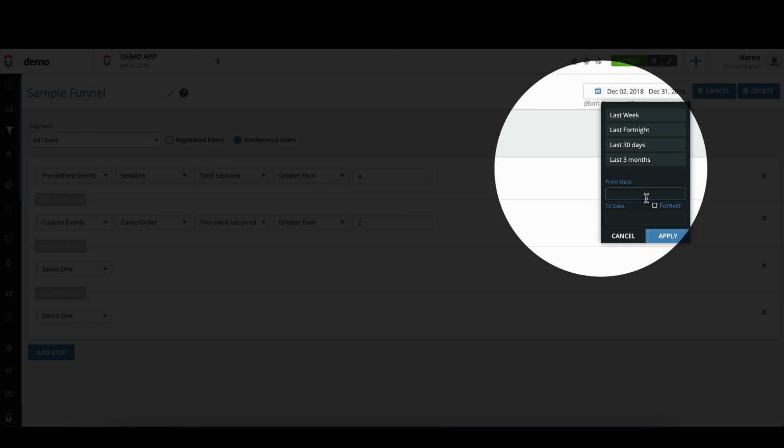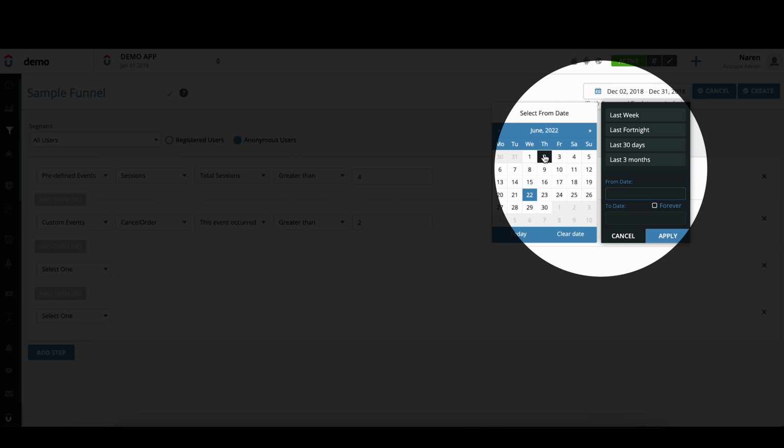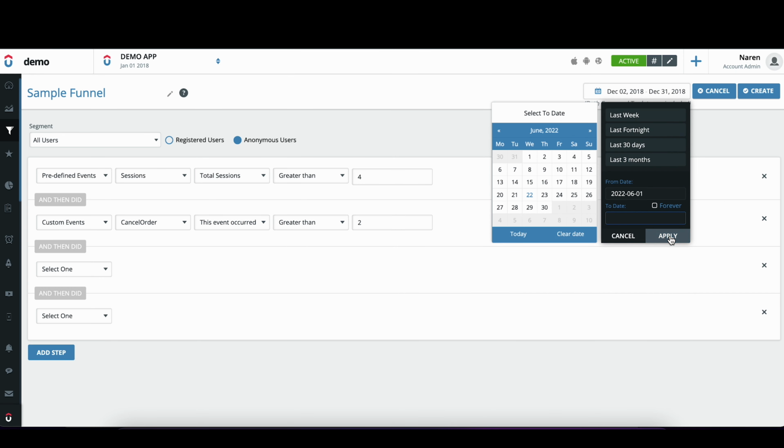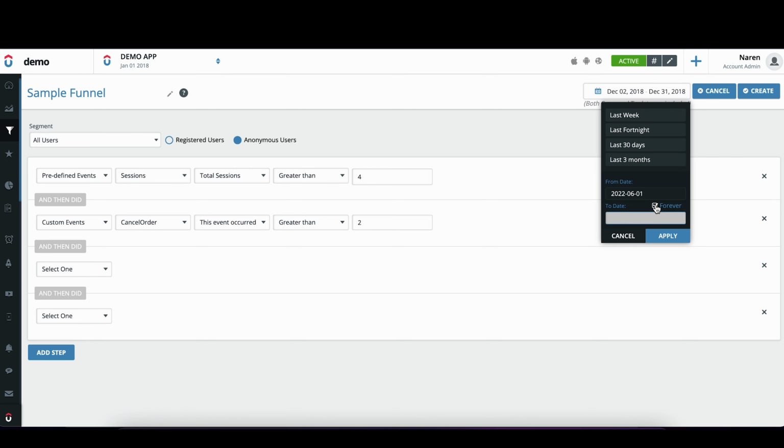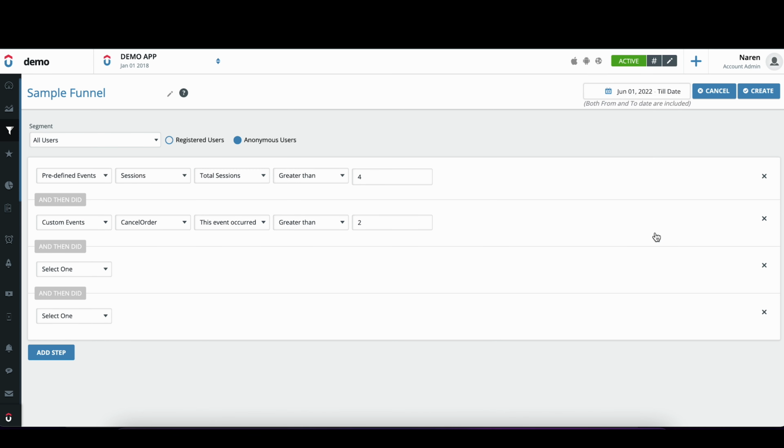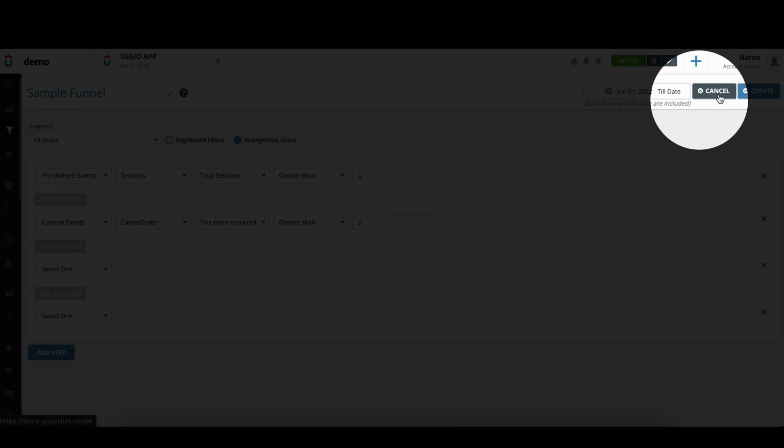In Upshot, we have two options. One is you can create a funnel on historical data, where the start date and end date are before today's date. Or you can select a start date and put the end as forever, which means this funnel will run forever, and all the future users who exhibit a similar kind of behavior will automatically be added to the funnel. Once you create this funnel and activate it,